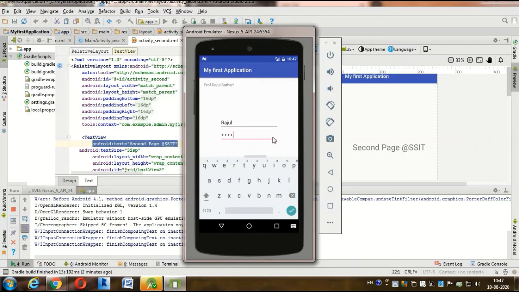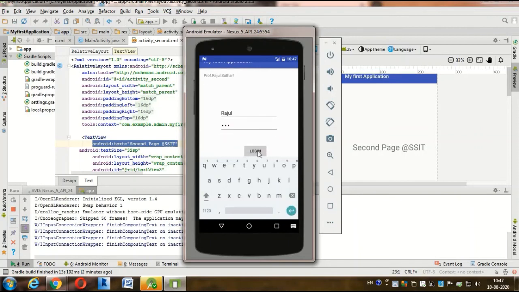I remove the default password and type my password. Then just click on the login button. By clicking on the login button, we need to move to the second page.